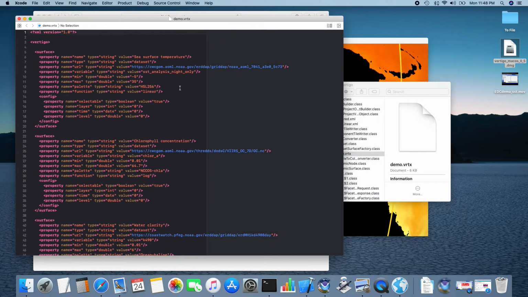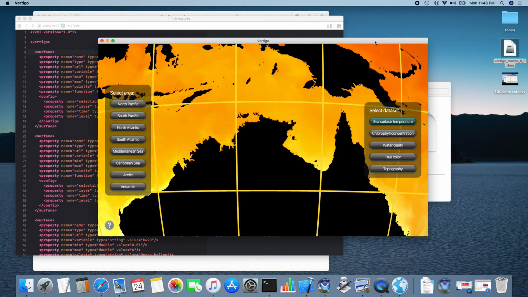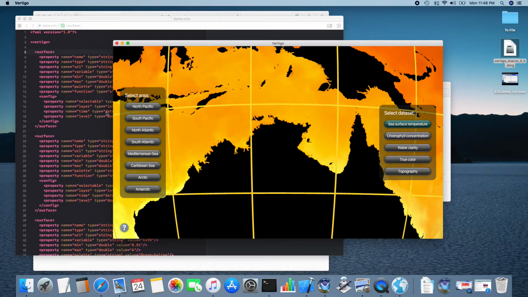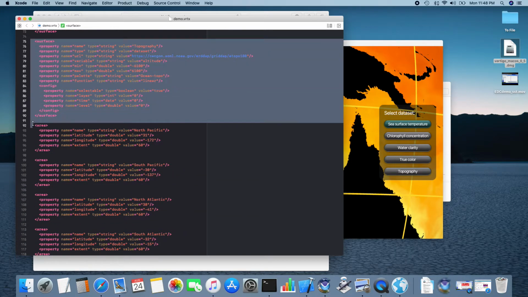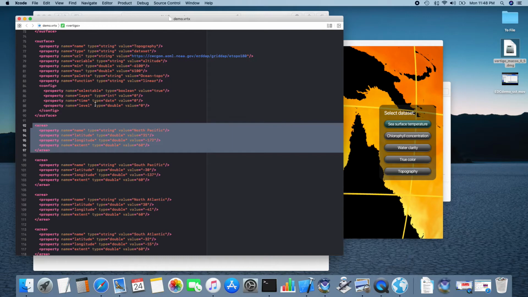It's a configuration file. And if you want to hack around in there, you can actually change what the beta is doing. So it's kind of fun. Each one of these buttons on the right-hand side is what's called a surface in this XML file, and each one of these buttons on the left-hand side is an area. So you can see the surfaces and the areas that are laid out,